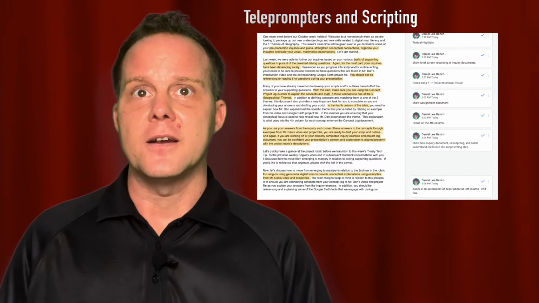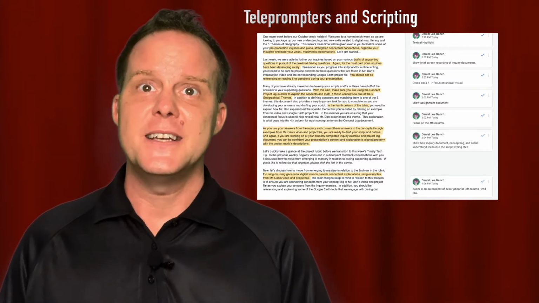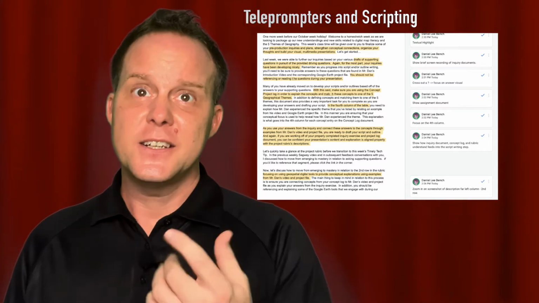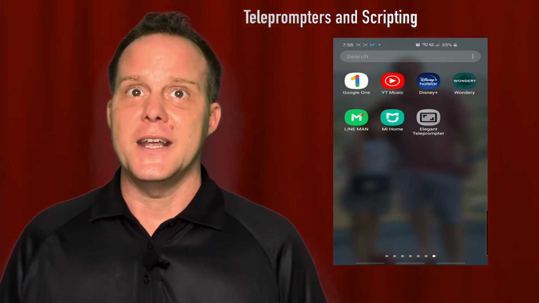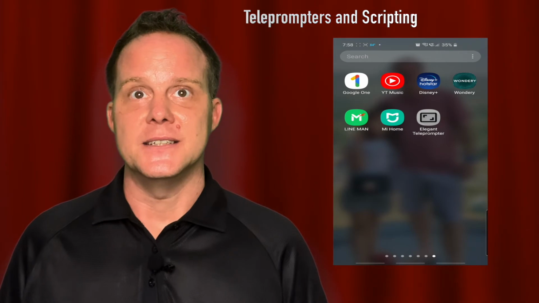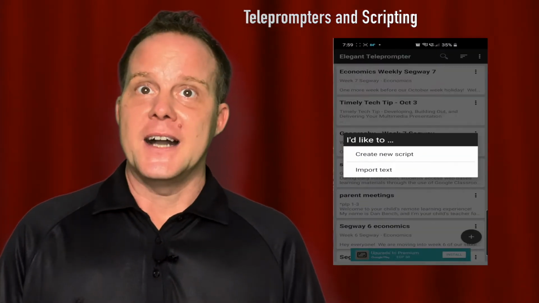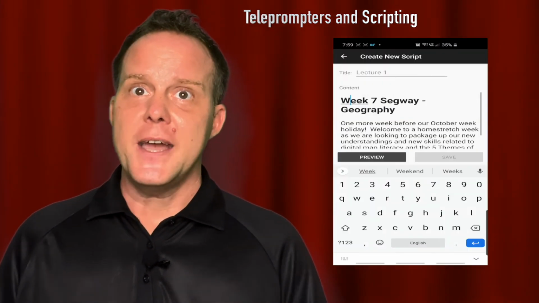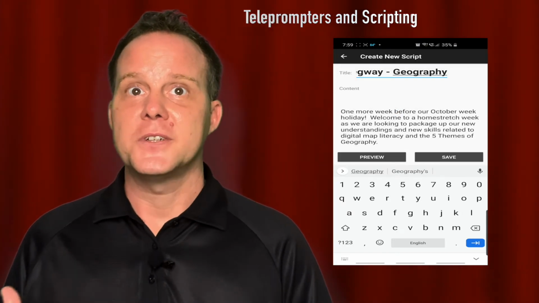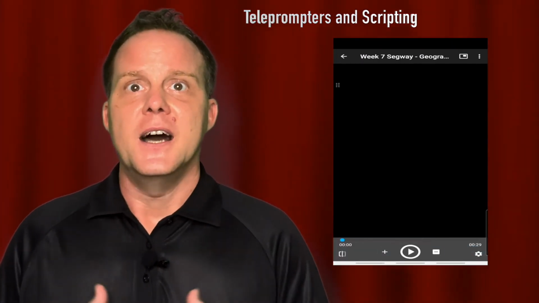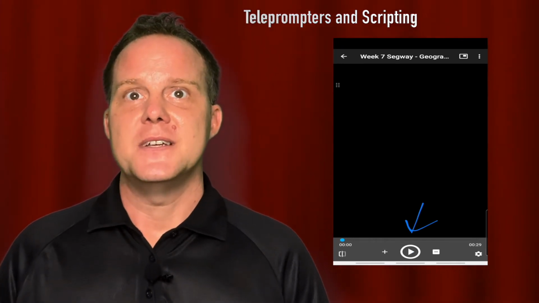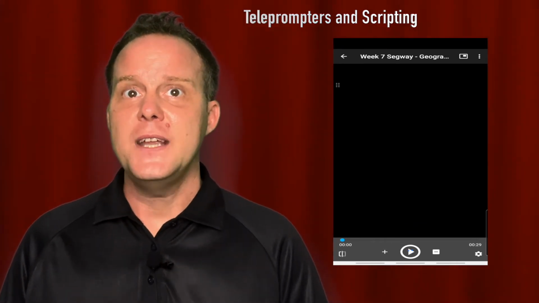Through trial and error of various tools, apps, and devices, I'm currently using an Android app called Elegant Teleprompter. When my script is ready, I simply copy and paste my content script from Google Docs into the app's drafting field and hit play. Once in play mode, the teleprompter allows me to adjust the speed settings as I prefer. Another great feature of this type of app is that it tells me how long the reading will be based